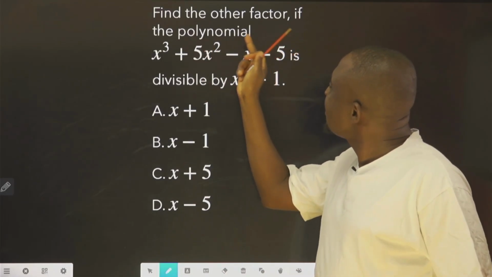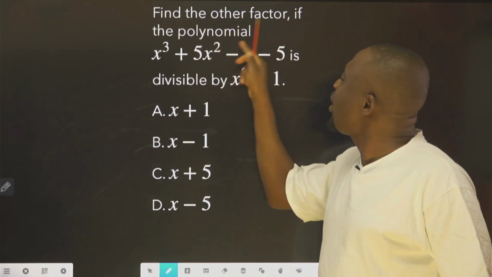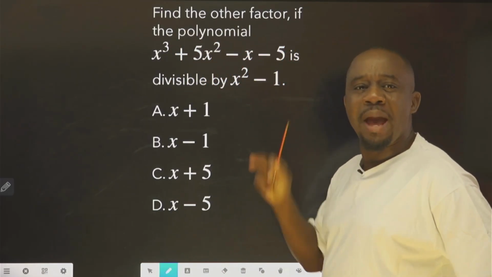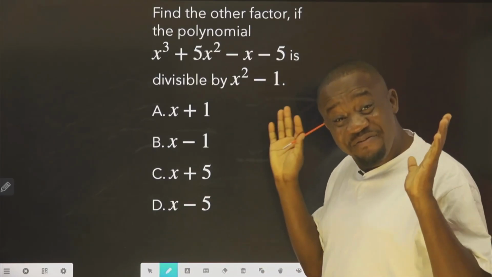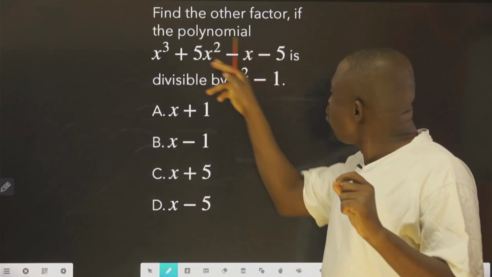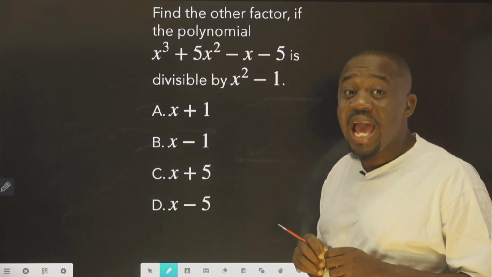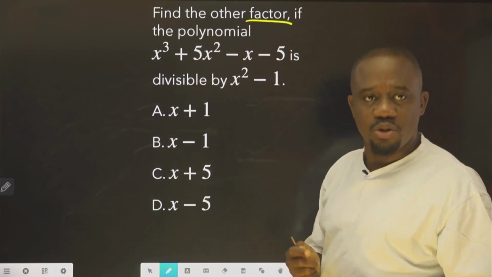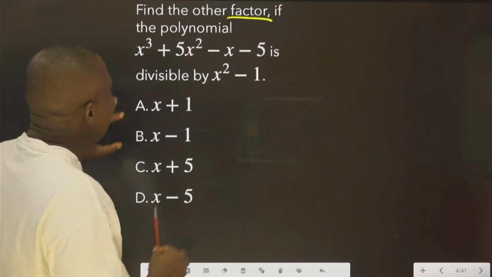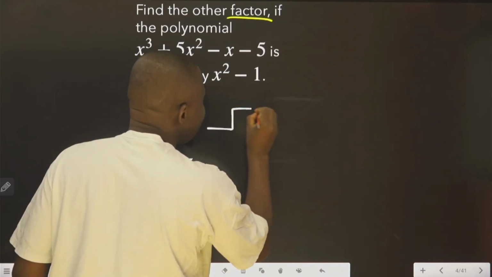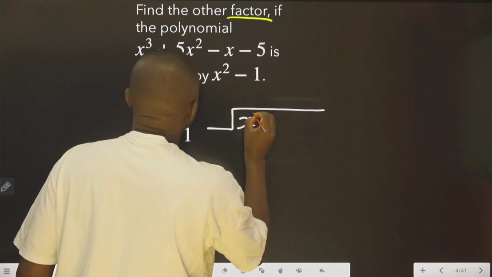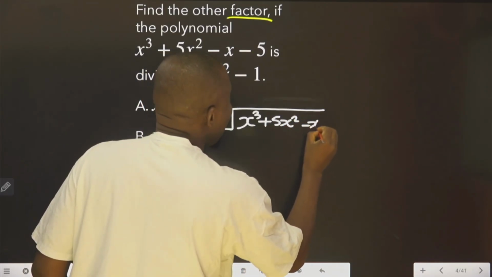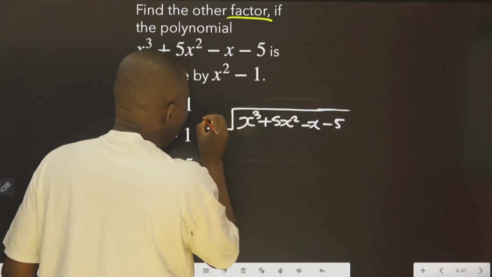It says, find the other factor if this polynomial is divisible by s squared minus 1. When it is divisible, it means if you use this to divide this, there's not going to be any remainder. So what you need to do to find the other factor, you simply go ahead and say this s raised to the power 3 plus 5s raised to the power 2 minus s minus 5 divided by s